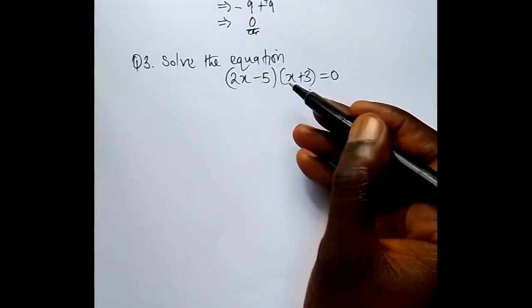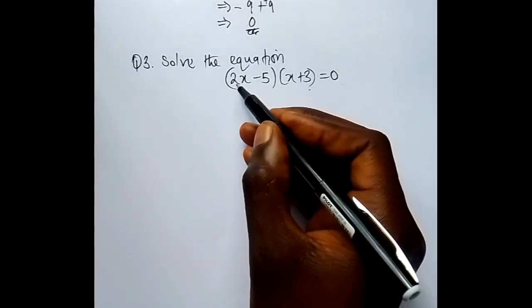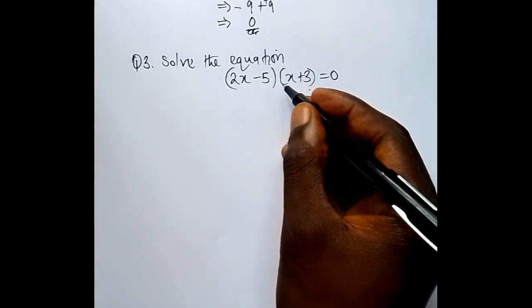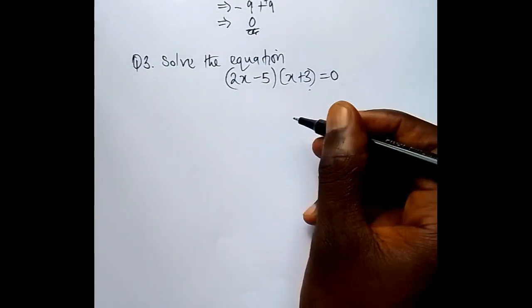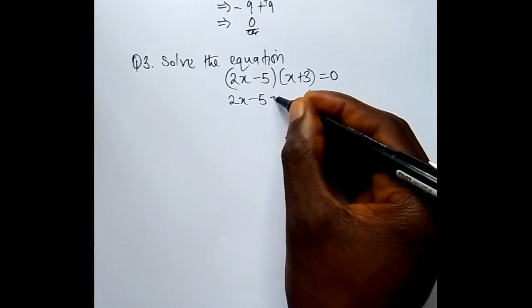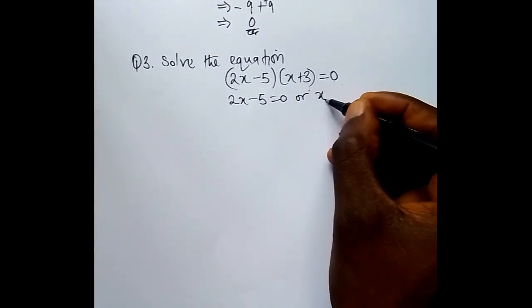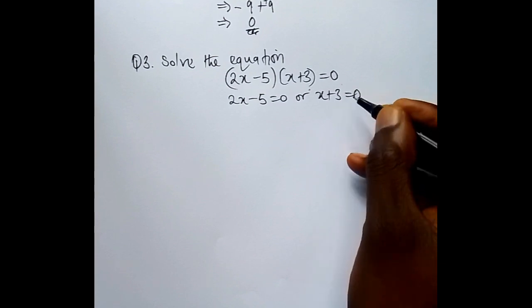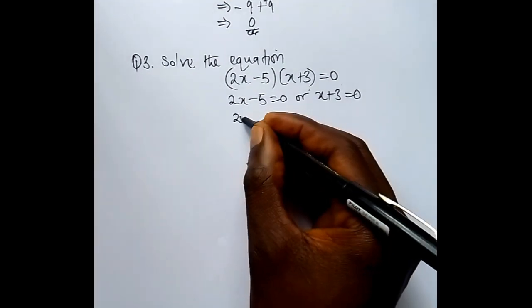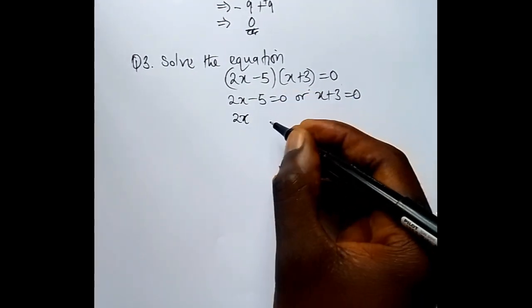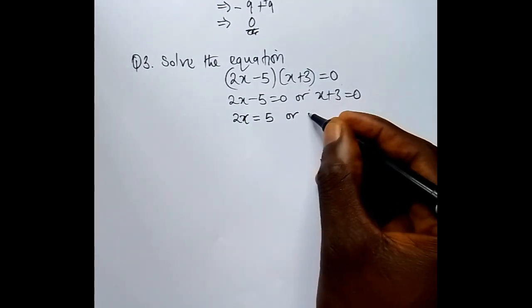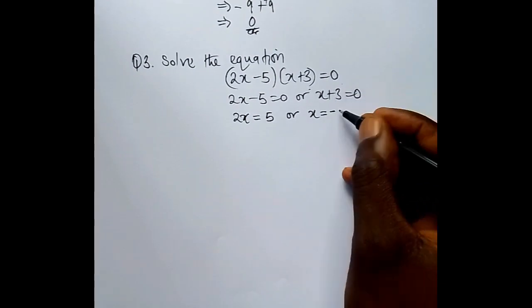So the easier way of solving this question is, if you've seen these two expressions are multiplying, what we just have to do is equate each of these expressions to 0 to find the values of x. So we'll start with 2x minus 5 equal to 0, or x plus 3 equal to 0. And then to solve for x this side, we just say 2x. We move negative 5 to the other side. This means it will be positive. Or this side we say x. When you move, positive 3 will become a